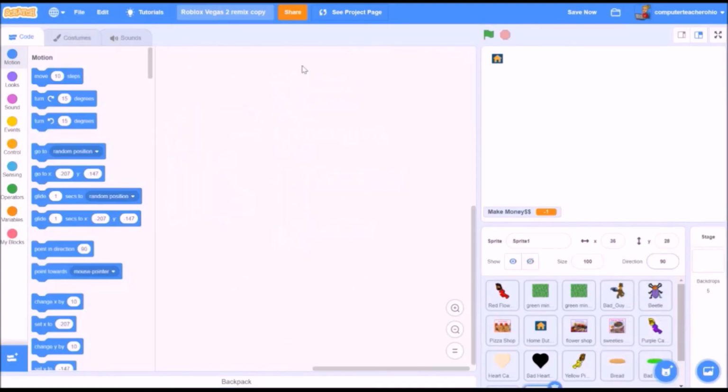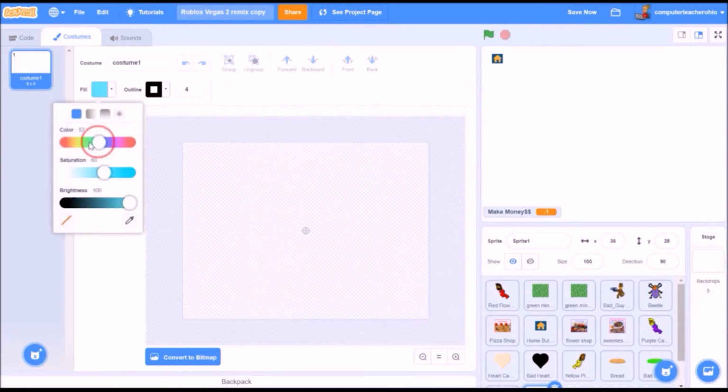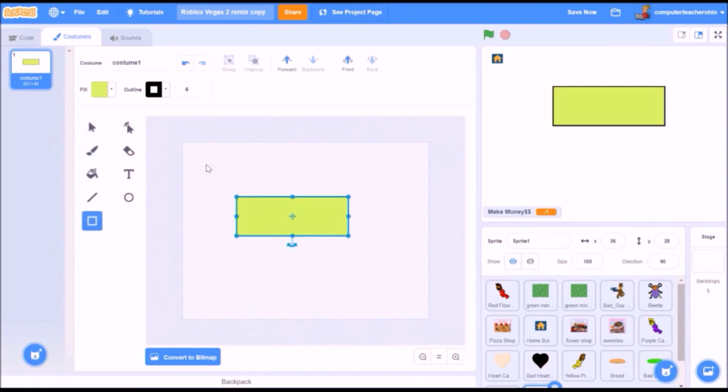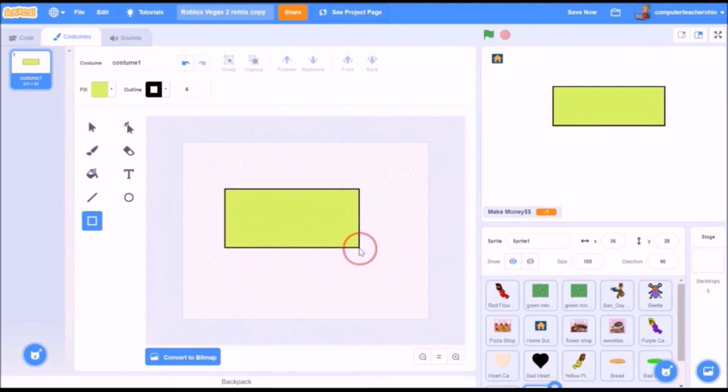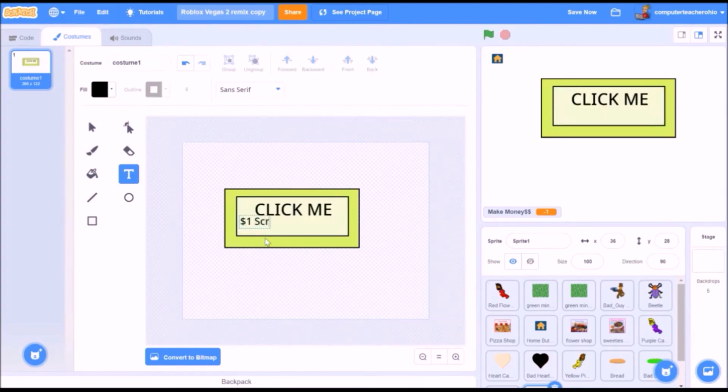Step 25, make the click me button to play the lotto. Yay! Okay, this is that big rectangle that I made that you might have seen earlier. We want a light yellow and a light green rectangle, one inside the other. So there's rectangle 1. There's rectangle 2, and I'll just put that to the background. And then let's type click me, and let's make it a little bit bigger. And then let's type $1 scratch off ticket,